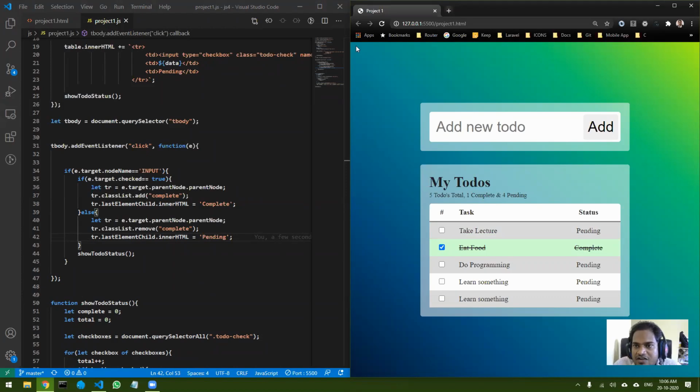Okay, so any doubts still here? Now we are towards the end of the project. Only one more thing is remaining.